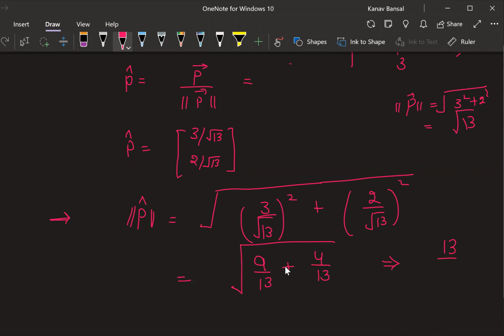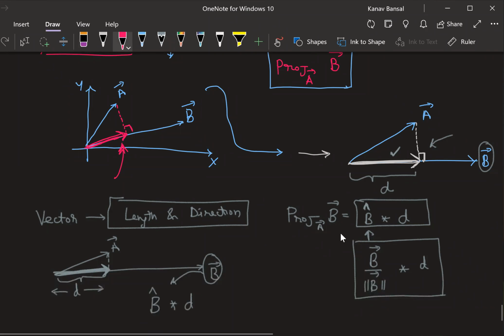We can get this direction very easily just by computing b vector's cap, the unit vector of b. We already have b vector, so we can very easily get the unit vector, which is nothing but b cap. Let me represent it as b cap. Then we have to multiply this with the length of this entire vector. Somehow I need to come up with this length, and the direction I can come up with this b cap. All right, we'll come to that, Shweta, just 2 minutes. Now, is this part clear, Shubham? So this is going to be equal to nothing but the projection of a vector on b vector.